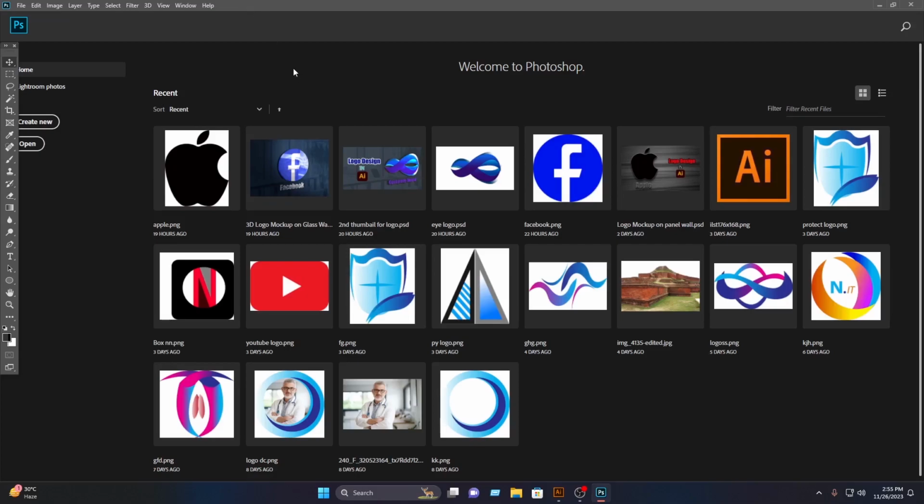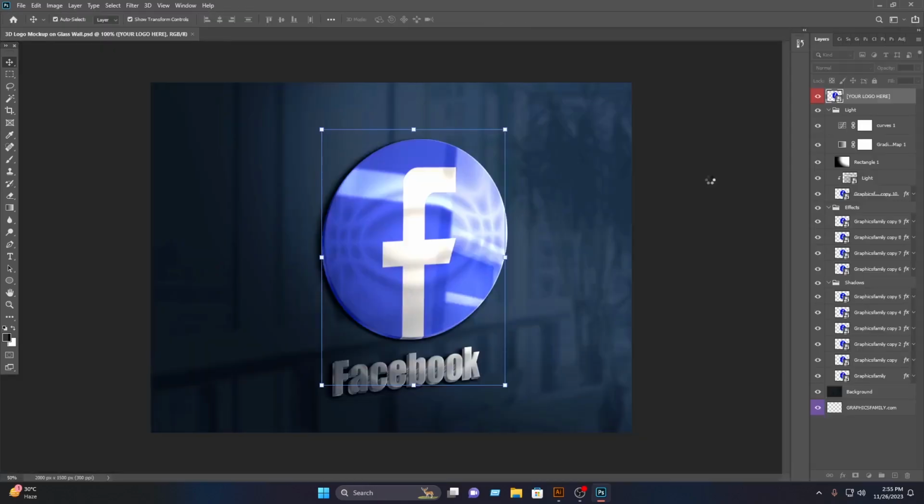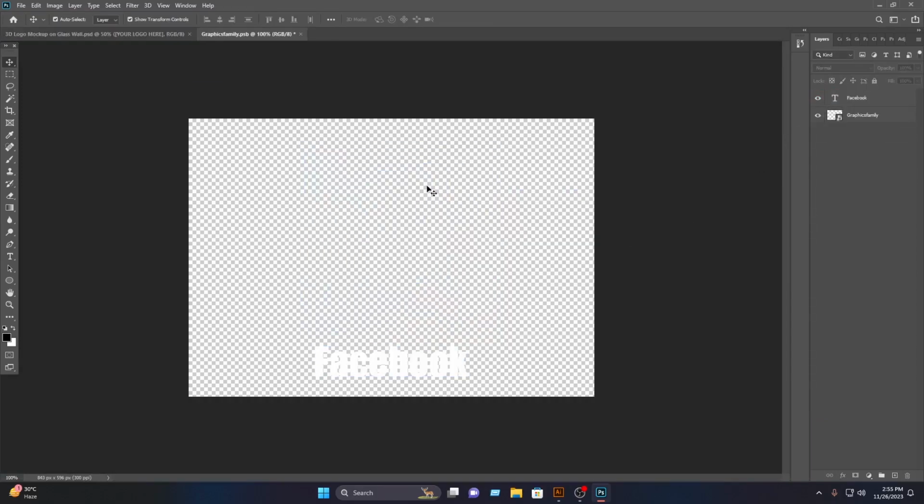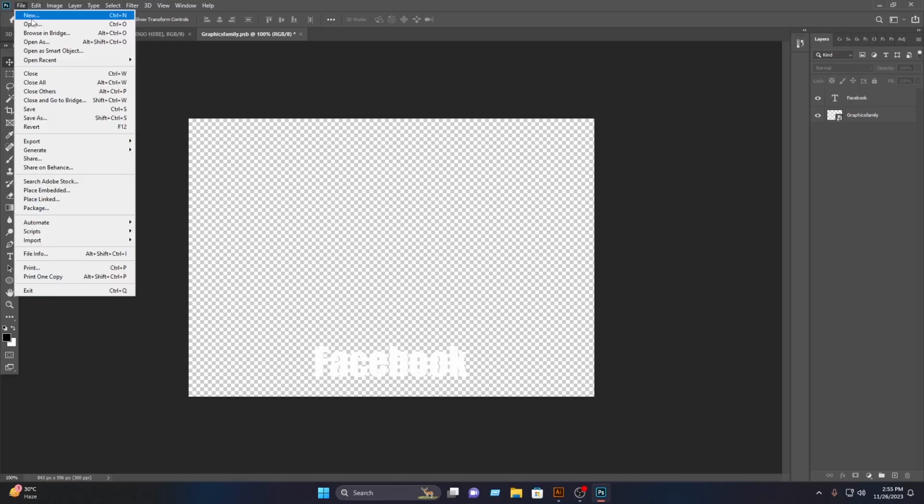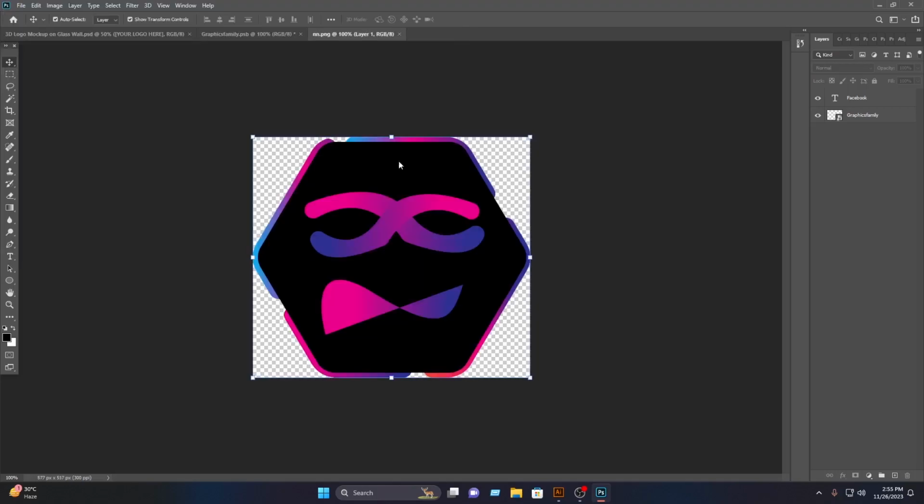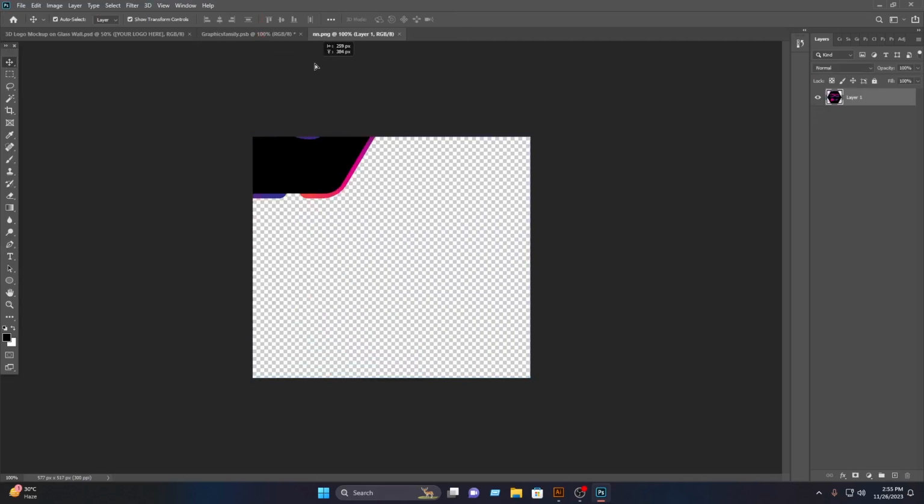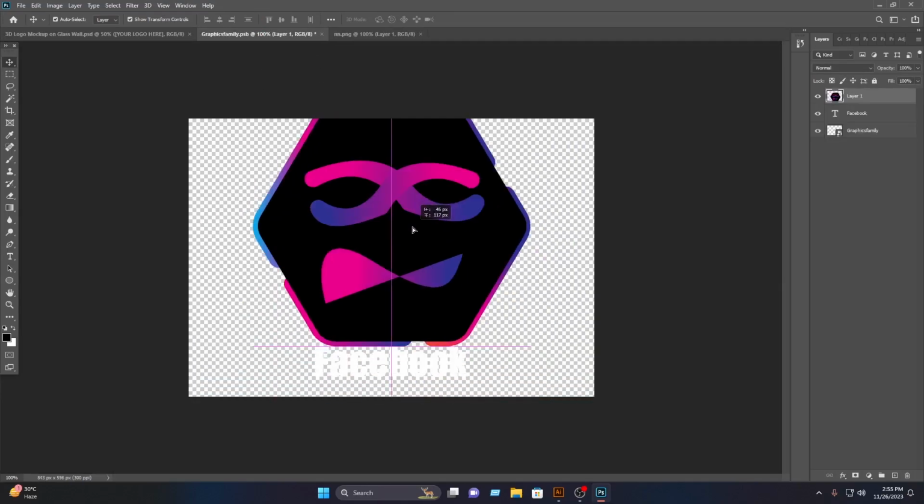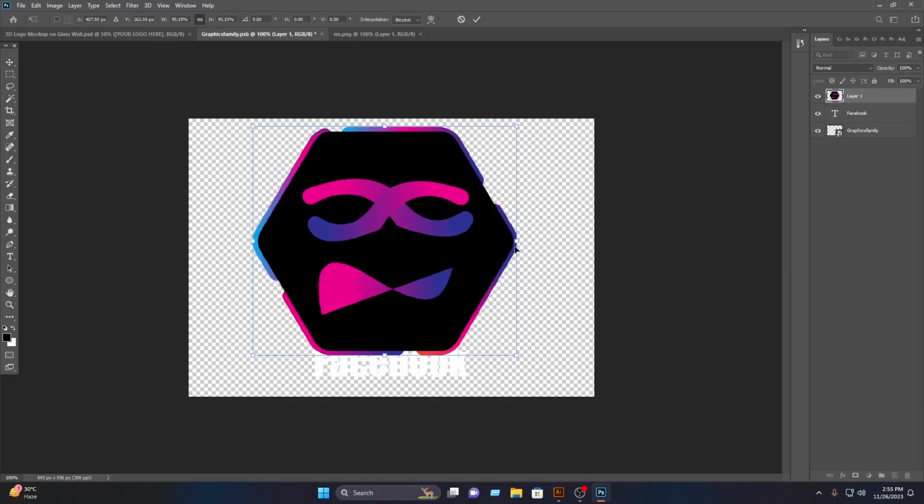After opening the Adobe Photoshop, you have to open the logo mockup, so I am opening this mockup. After opening the mockup, you have to double click on here, then select the logo, then click on the backspace, then you have to open the exported logo, then select this and drag this in here, then you have to set this in here,